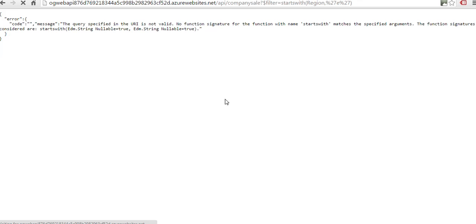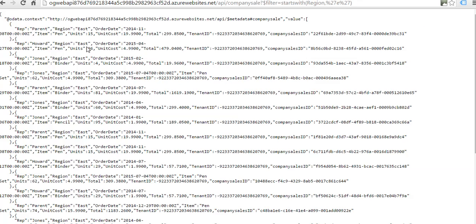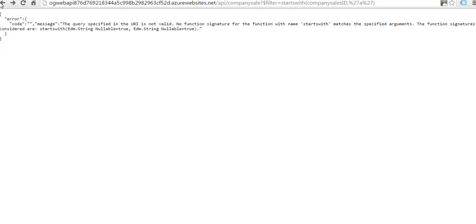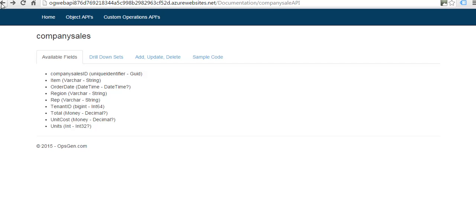There we go. And so you'll see we've got all the data with the East region here. So that was just a couple of examples there. Really what we've got right now is a fully stood up API. We started with a spreadsheet. We've created a fully stood up API in Microsoft Azure,